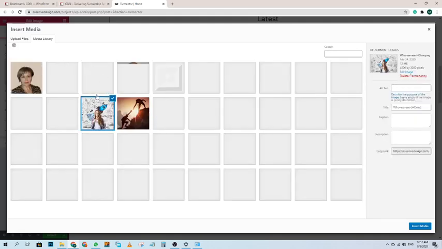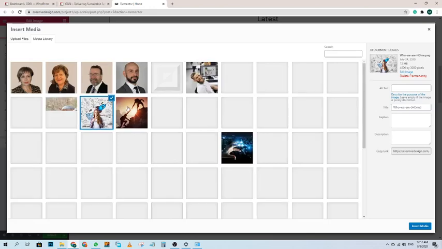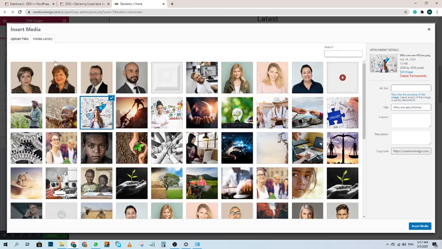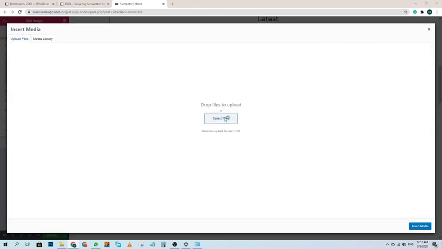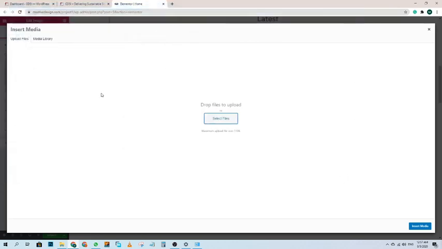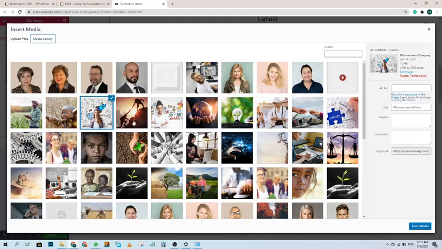Select the image which you want to insert in the media element, or if you want to upload a new image from your system or computer, you can upload it from here. Select the image and click on open, and after clicking on open, the image will be uploaded into the media library, and after that you can select the image and insert it into the media.